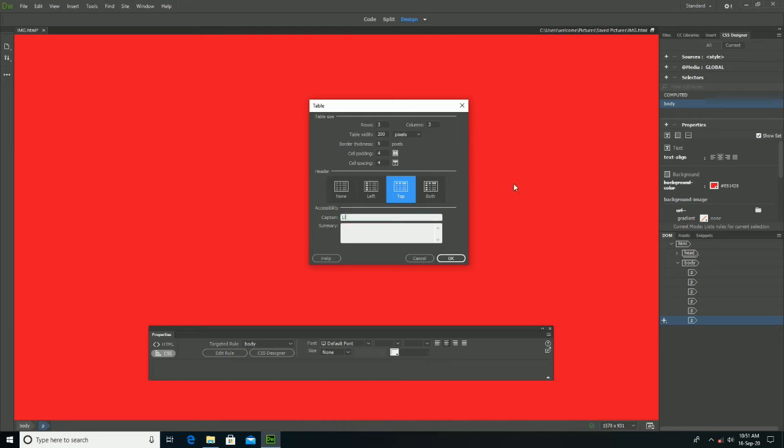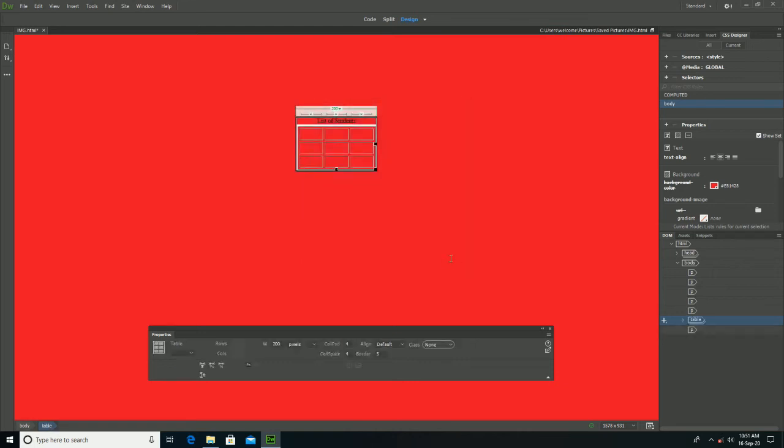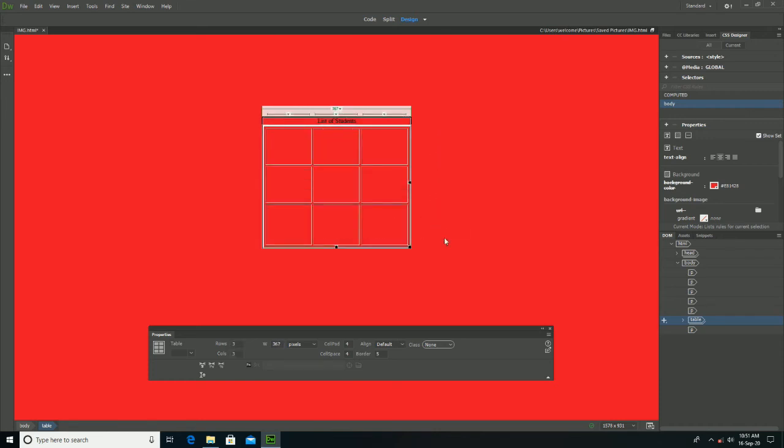Now add the caption that will be displayed on the table. You can also add the summary. Click on OK. Now you can see your table is inserted. You can also adjust the size of the table.